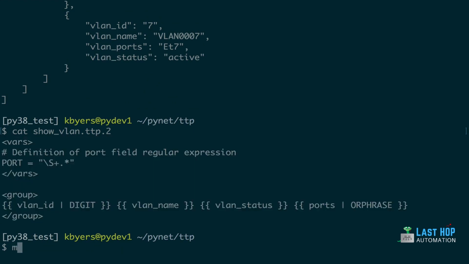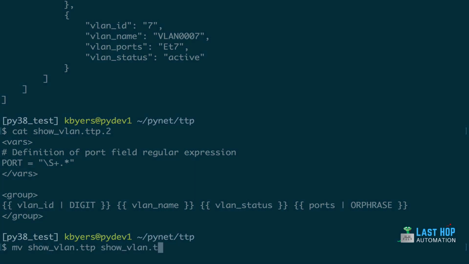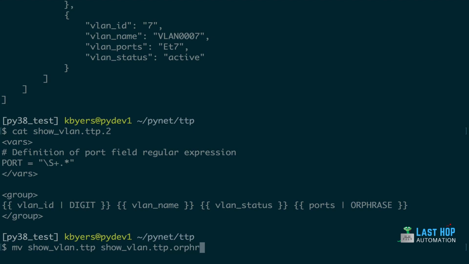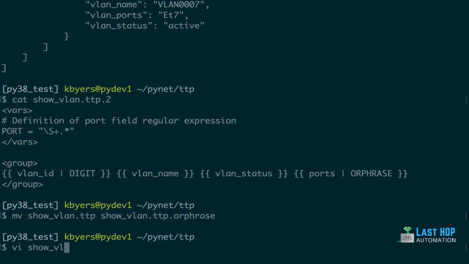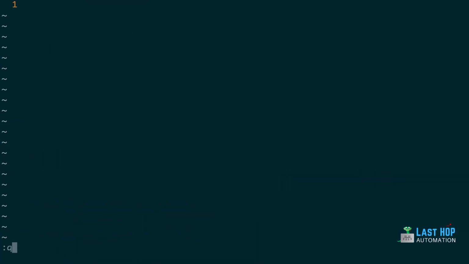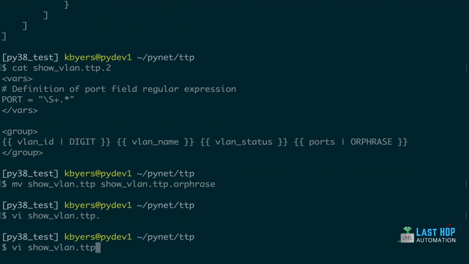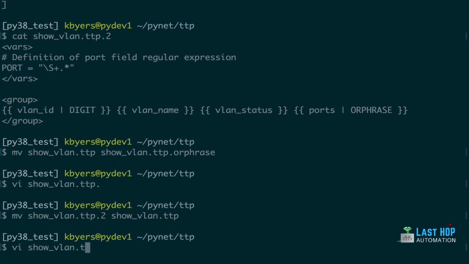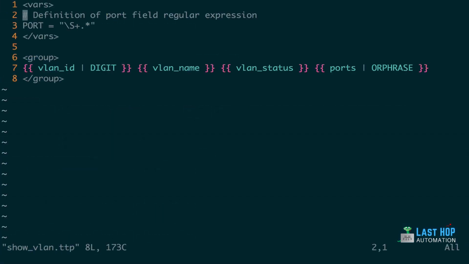So I'm going to go ahead and move what I have right now to this. Okay, let me move that. Okay, and then I'll go ahead and do this and paste this. Let me move this other one. Okay, so now let's look at this. So now another thing we can do